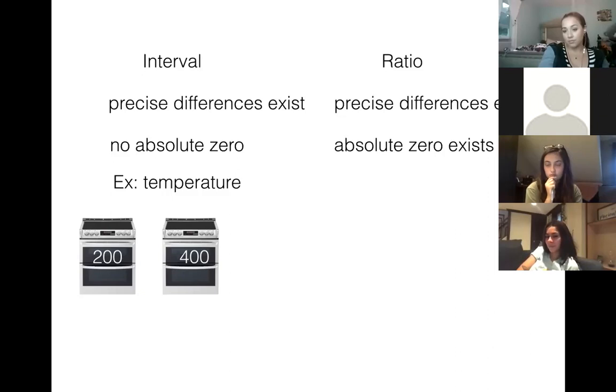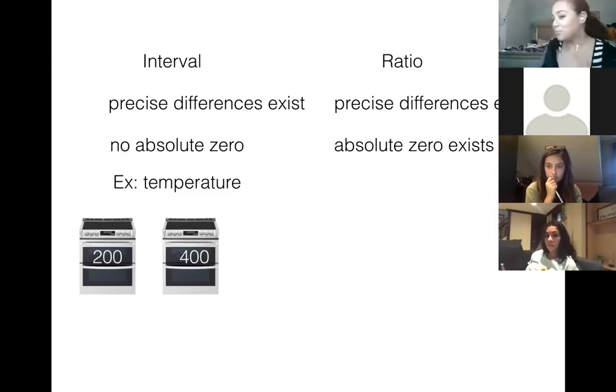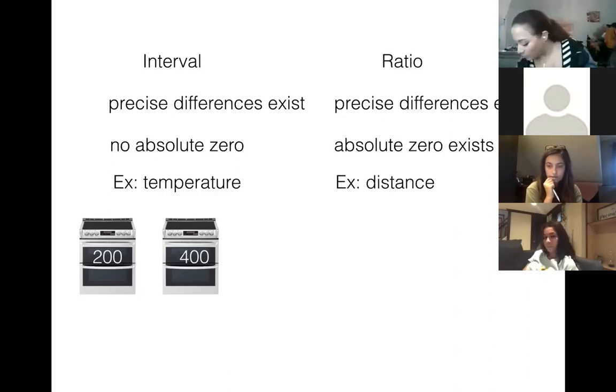So that's the reason why, because it's interval level data and you can't make ratios out of it. Now, all you need to know is that precise differences exist, no absolute zero. That'll capture us pretty well for interval level data. We're going to spend most of the time in the class with ratio level data, so let's talk about that stuff a little bit. If we do ratio level data, we have an absolute zero, finally.